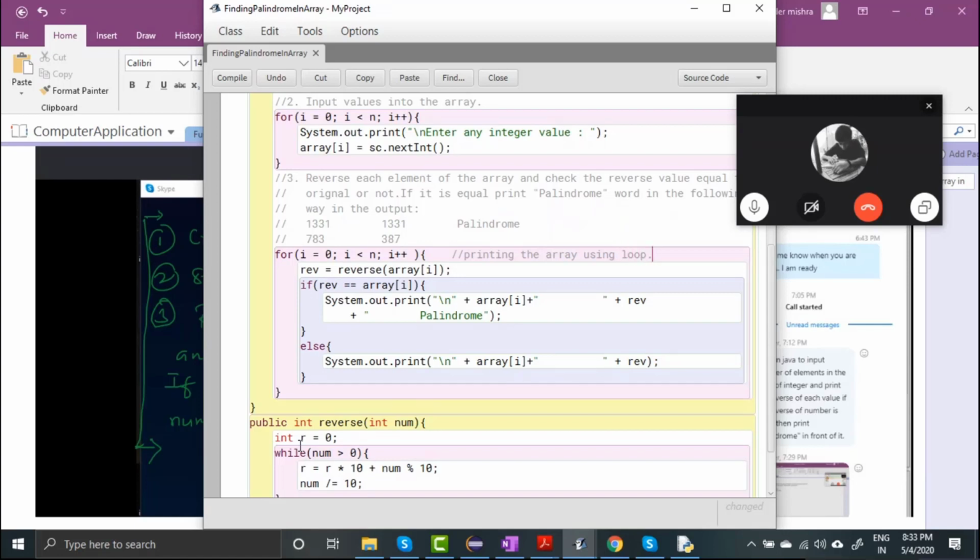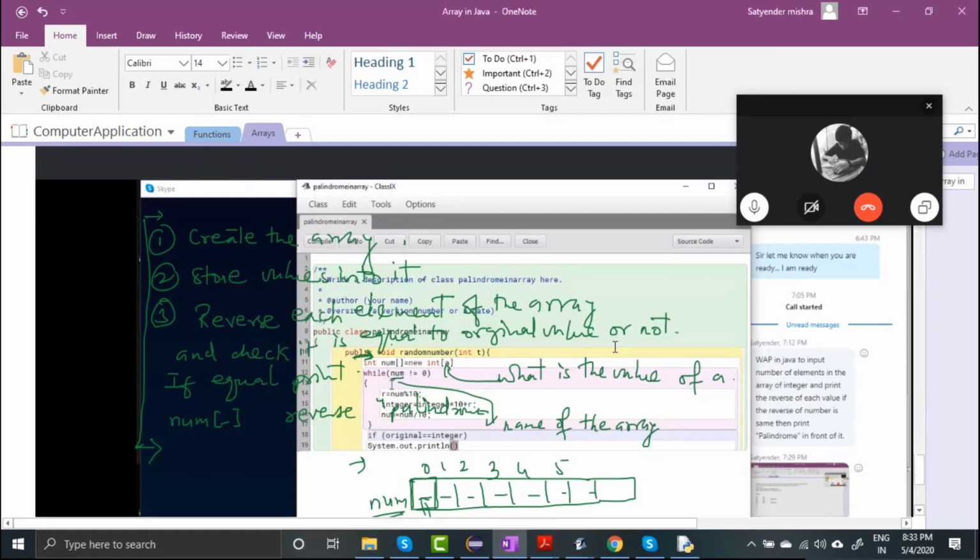You have to use loop to print the array also. You cannot take the name of the array as a whole, right? You are doing wrong things. So understood. Let me execute this code.